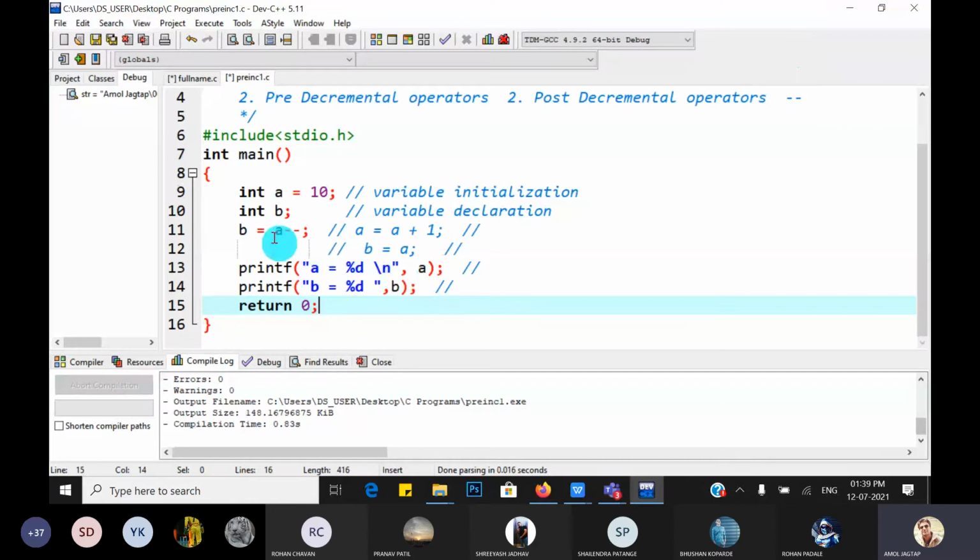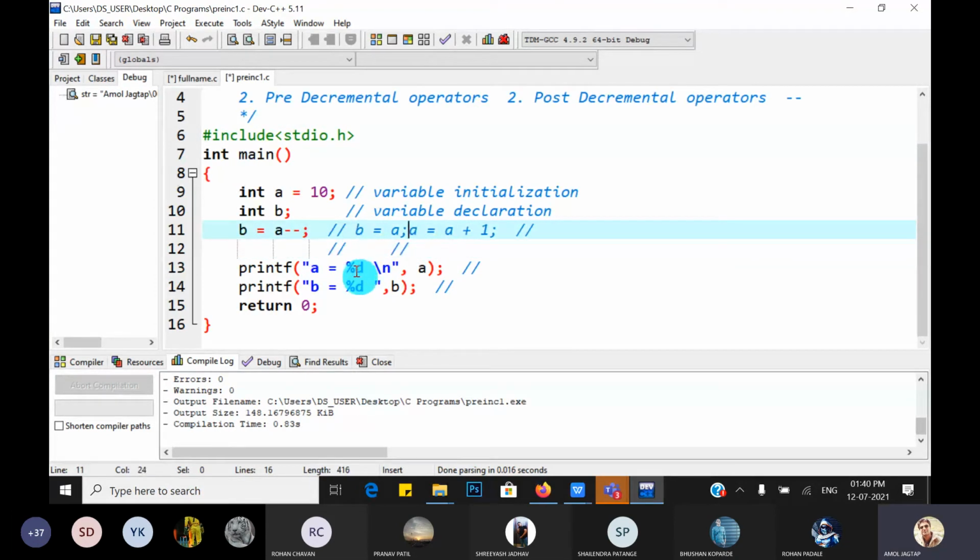Okay, so first we will do that. It is a minus minus, which means we have to decrement. A minus minus means decrement A by 1. So it is a post decrement. That means first we have to assign A to B, whatever may be the value.